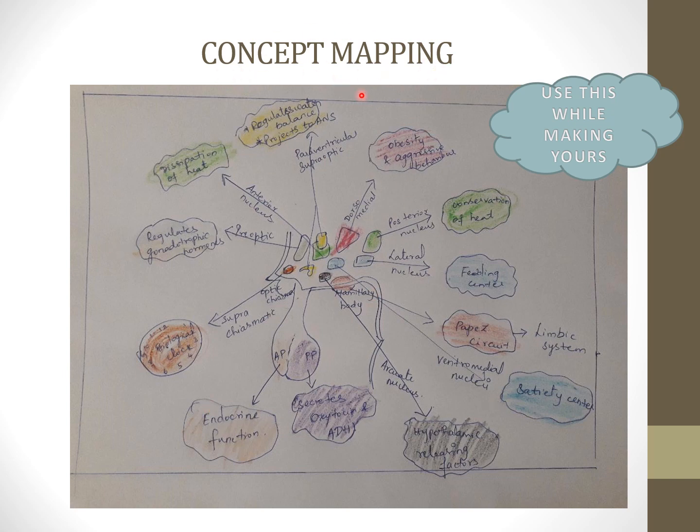Here we are just going to make a concept map for the beginner level. I want you to show the different nuclei present in the hypothalamus and their respective functions. You can use different color pens, and you can use your creative ideas. Look at this, a biological clock. I've just drawn a clock. Like that, for each and every function, you can use your own thoughts, and maybe you can add more points also, everything done on one single paper. That's how you put your concepts in one single paper, called concept mapping.